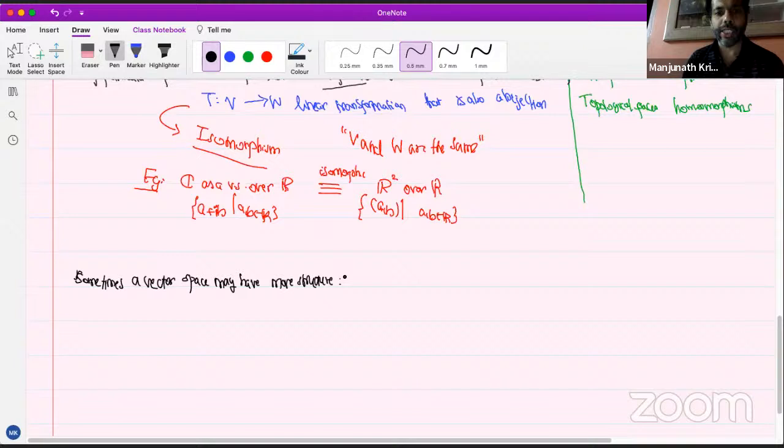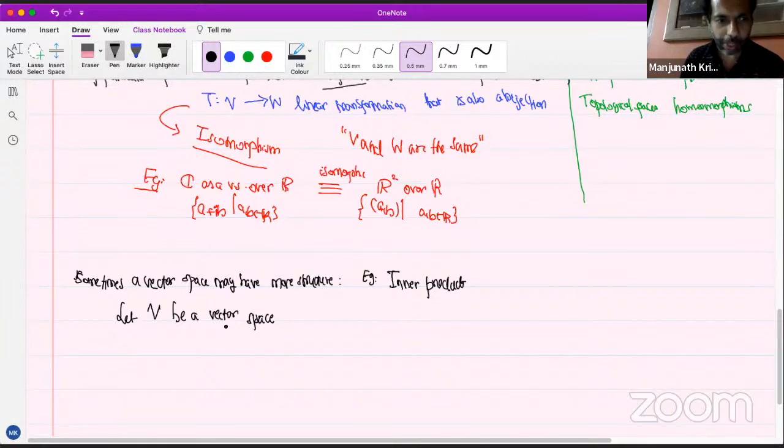May have more structure. There is only one that I will study, which is an inner product. Okay, so what is an inner product? Let V be a vector space over reals or complexes is what I mean. Okay. So an inner product you would have seen